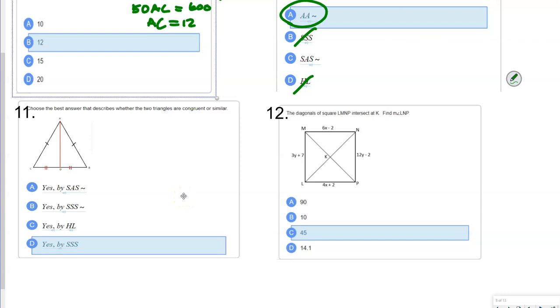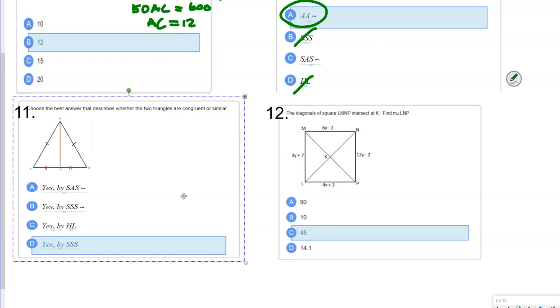So we don't have any measures, okay? So we can't really say, but we can mark what we have. We have that this shared side is congruent, right? Do you notice that we have one tick on the left, one tick on the right for a pair of sides, and we have two ticks, CD and BD, and then we have AD is congruent to AD. So that's why this is side, side, side. It can't be HL because we don't have a right angle symbol. Now, truthfully,